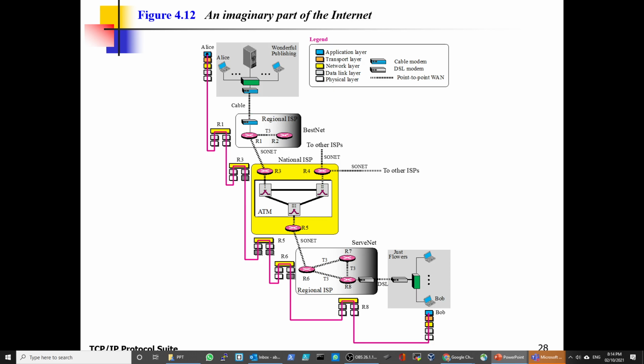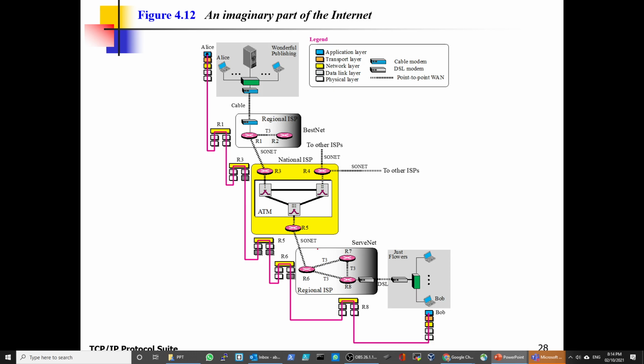There are many routers connecting them. Then this will connect you to the SONET. Remember trunking? It will collect all data from multiple networks, then it will trunk it. All right, SONET network. So this is the national ISP hub. Okay, so you'll have an ATM as a core in here, multiple routers.